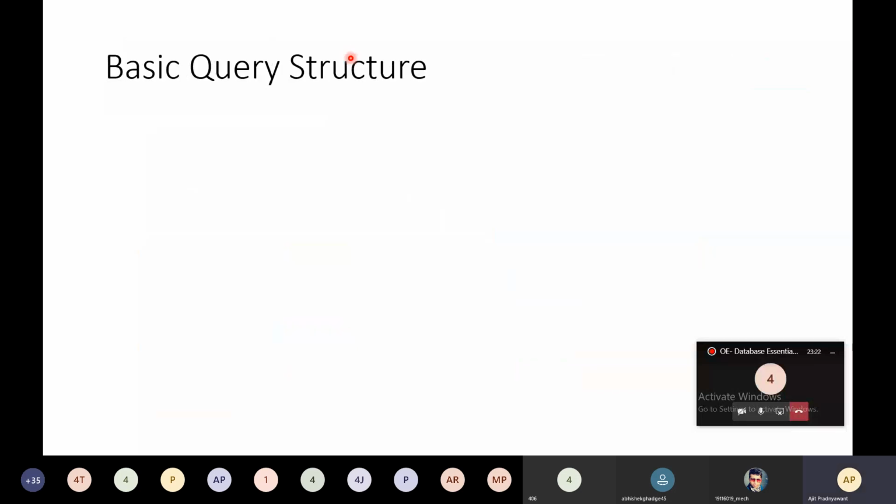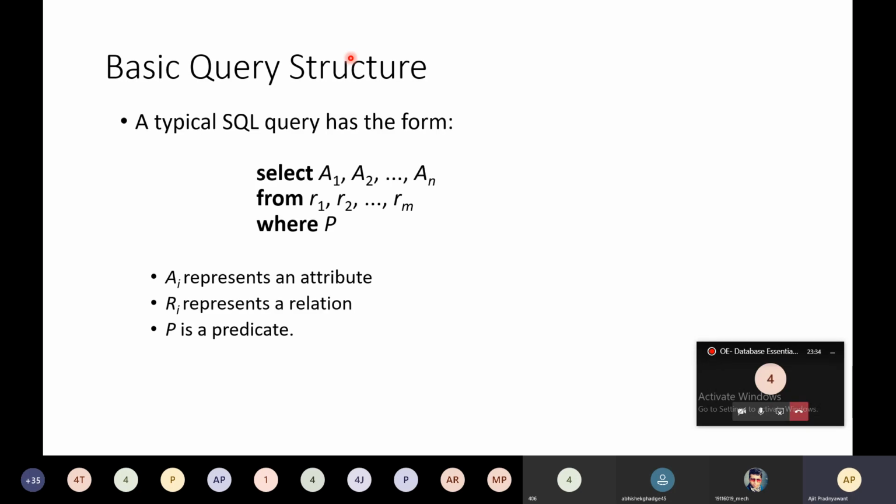Next is the basic query structure. How do you have to write the query? This is called the query structure. A typical SQL query has the following form. Select is a keyword, and then you select attributes from your table, A1, A2, and so on up to An.